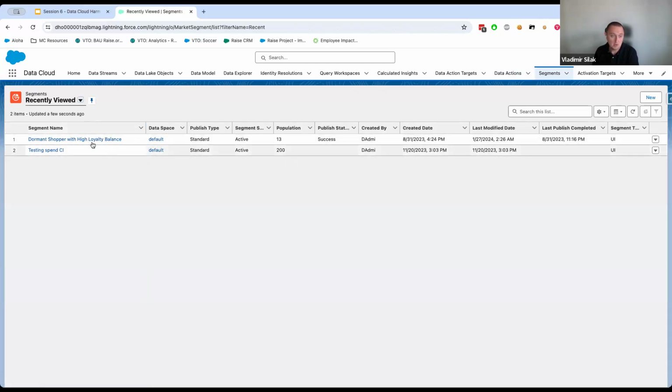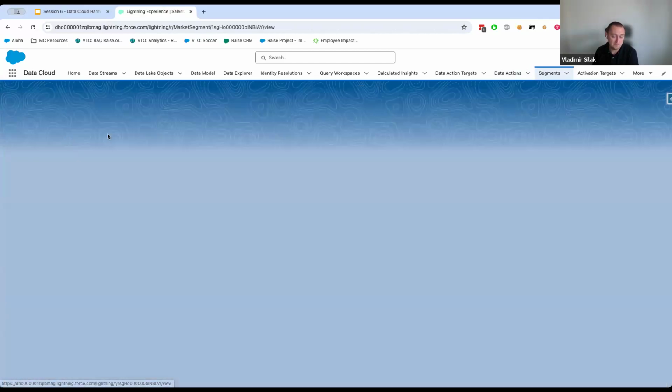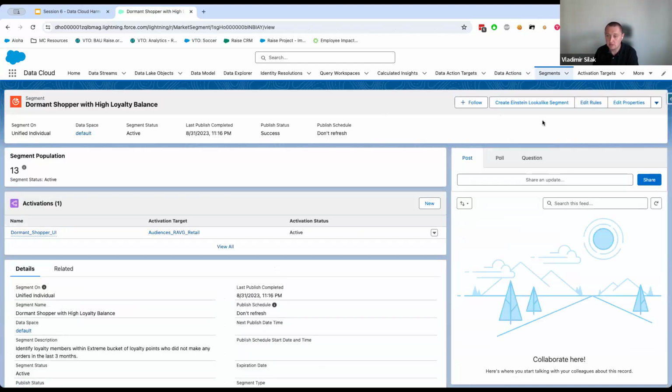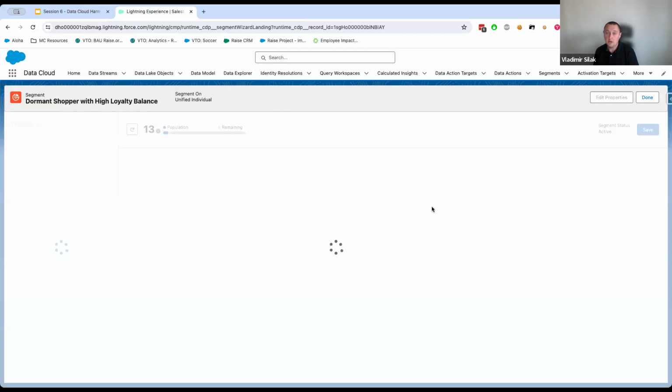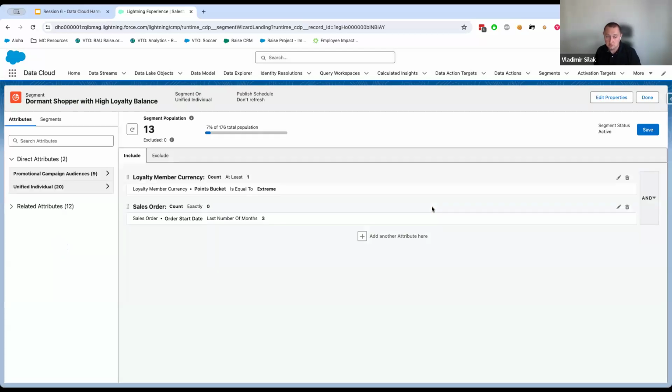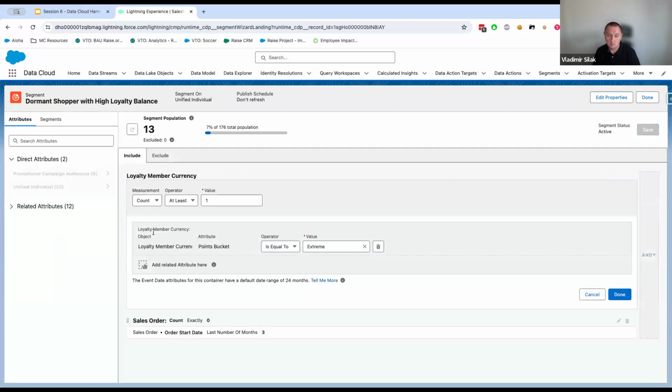So let me look at, let's just say, one of the segments. Most of the time, the value suggestion is relevant for segmentation. So when I go, and it's a bit of jumping ahead, but to connect the dots for you visually, yes, I do want to edit that. Ultimately, when you're configuring a particular attribute, you can type the value, like in my case here, my loyalty member points bucket is equal to a particular value. So I can either type extreme,